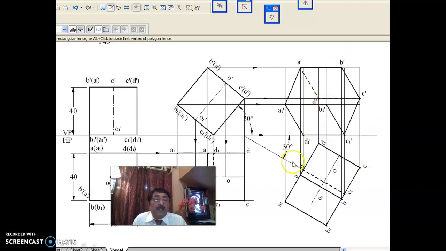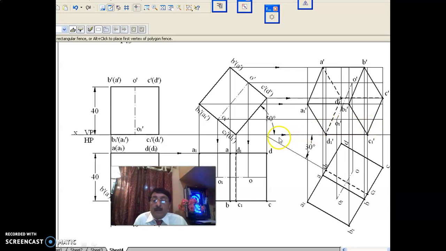Then BB1 and DD1 are remaining. BB1 is this, a nearer edge, darken it. And DD1 is another edge remaining. It is a back edge, which has to be made dark dotted. BB1, you have made darkened because it's a nearer edge. And DD1 is a back edge. If you are looking from here, it's dark dotted, invisible. And show the axis finally. This completes the next problem, that is the problem on hexahedron, and we have come to the end of